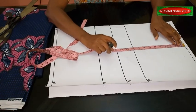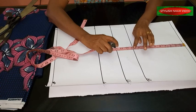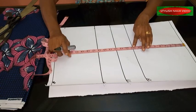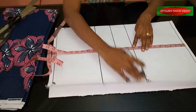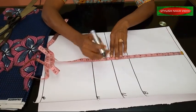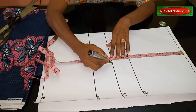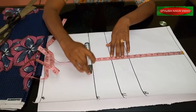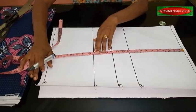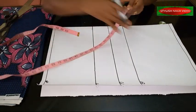From your shoulder to your bust line, you measure your nipple points, that's your bust line. Mine is 10 inches, so this is my 10 inches, that's my bust line. And then from my shoulder to my under bust, that's where the cup of your bra stops, that's your under bust, so this is it. And then my waist line, and then my full length. So we're just going to get started. Like I said, it's really simple and easy to pattern